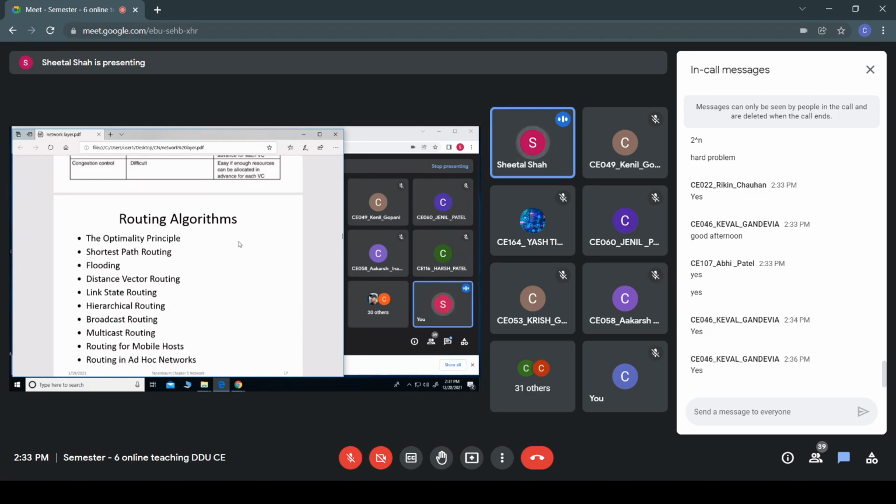Now, apart from properties like the number of hops, the bandwidth or the delay, there are a number of factors which have to be considered while it decides on some algorithm for routing purposes. It has to consider properties like bandwidth, queuing delay, the cost, and the distance between the hosts.